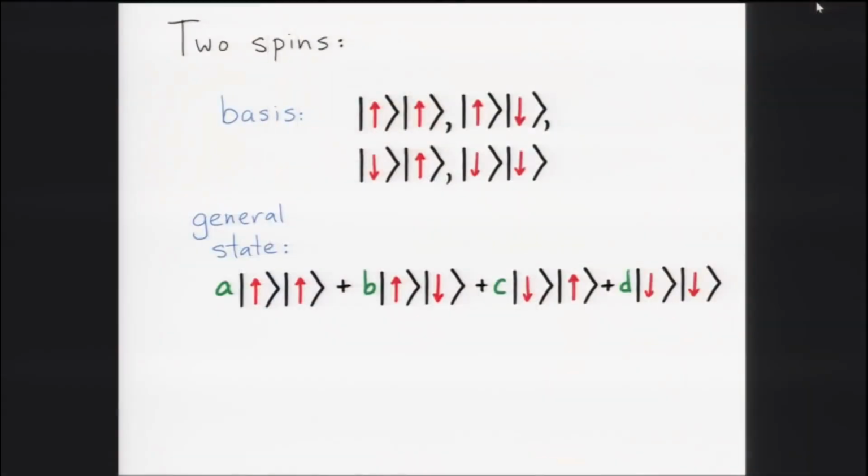So the simplest such system would be going to the case where you have two spins, okay? And now the basic description of a system like that would be that each of those spins could be up or down, and that you could have these basic states up up, up down, down up, and down down. But again, the most general state would come by taking a quantum superposition of those states. So mathematically, it's just a linear combination of these four things, which are vectors in the space describing the two-spin system.